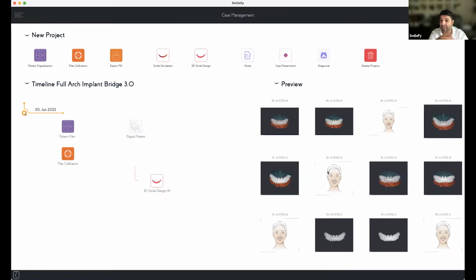You don't need any external software. And now with DynoCAD, Alex showed me that even the intraoral scan and the CBCT align automatically. So in one of the next updates from DynoCAD, which is integrated in Smilefy, you're going to get both back into the calibration screen, and then you can get everything super well aligned.